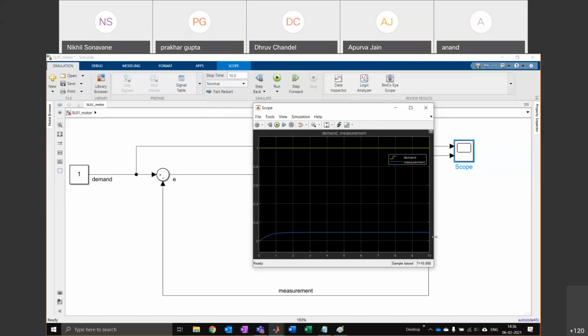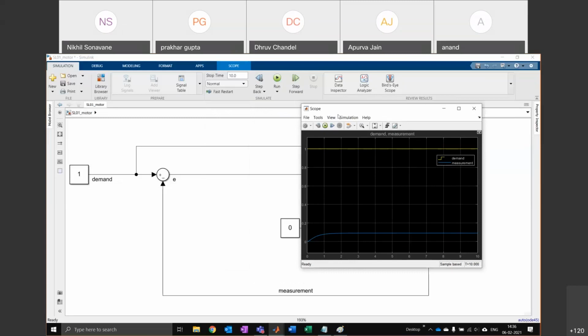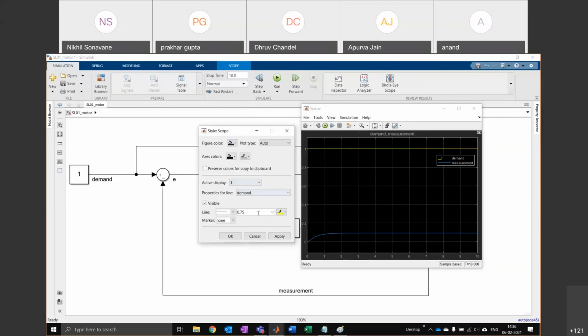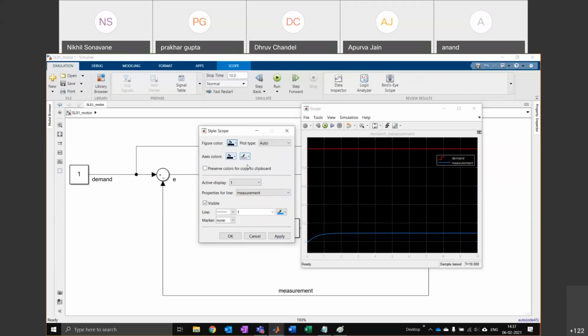If you want to make this easier to read, what you can do is you can go to view, then style, and you can make the line for the demand, let's say 1 in thickness and maybe red colored. And then the second measurement line, you can make it again 1 in thickness and maybe same color. And if you want, you can change your figure colors and things as well. So I like to keep it a little bit light personally.